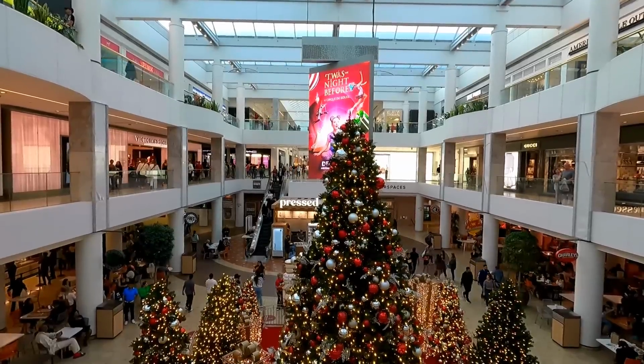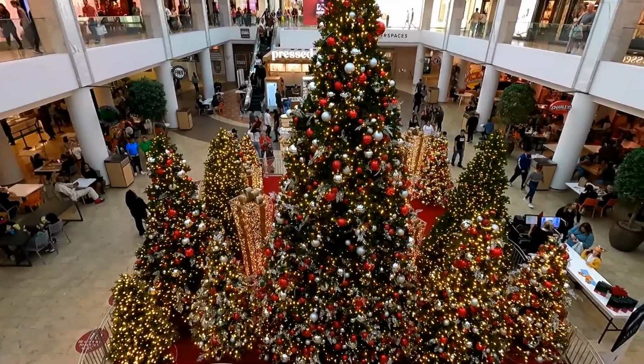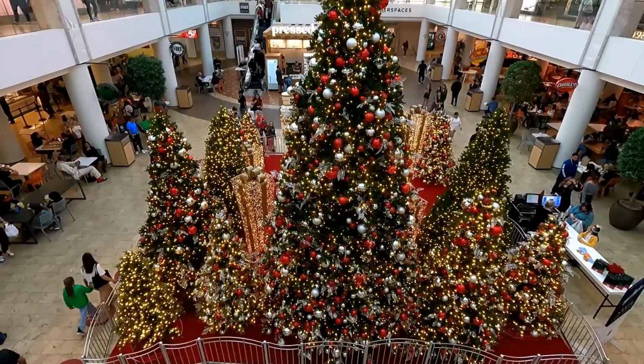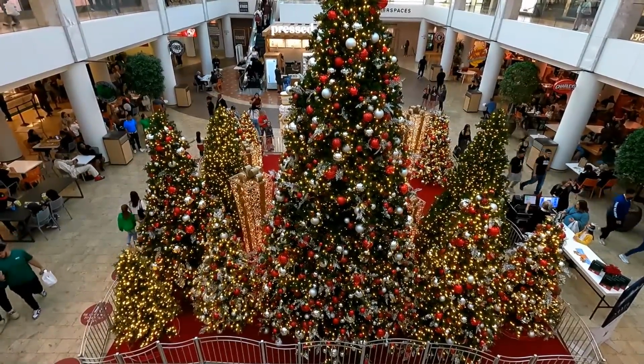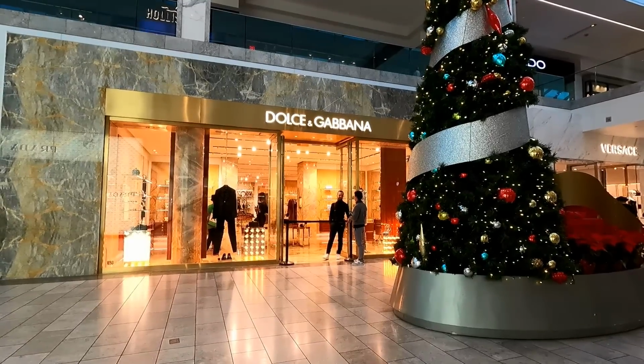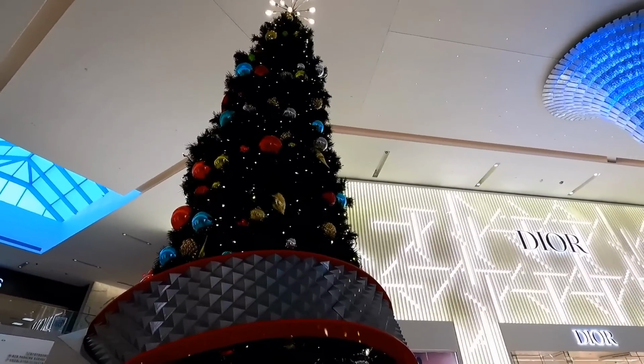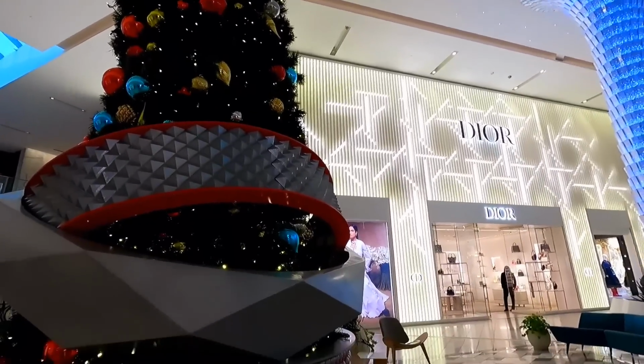I think overall I would give this mall an A for their Christmas decor. It definitely felt like Christmas time in here, although it is a little uncomfortable to shop in a mall with stores that you really can't afford to go into, the kind that have bouncers at the front door like this one. But I think that's where we're going to wrap up our look at the Christmas decorations in this mall,